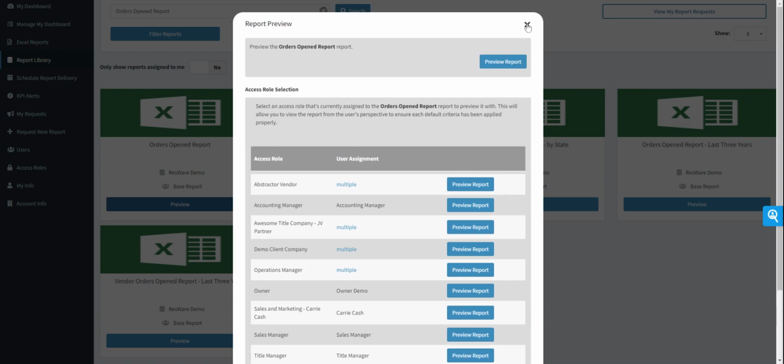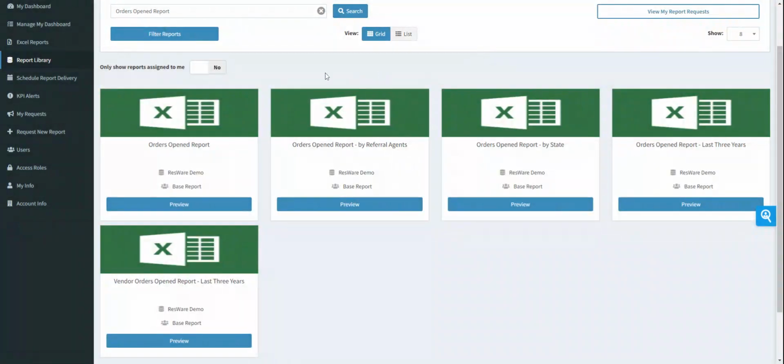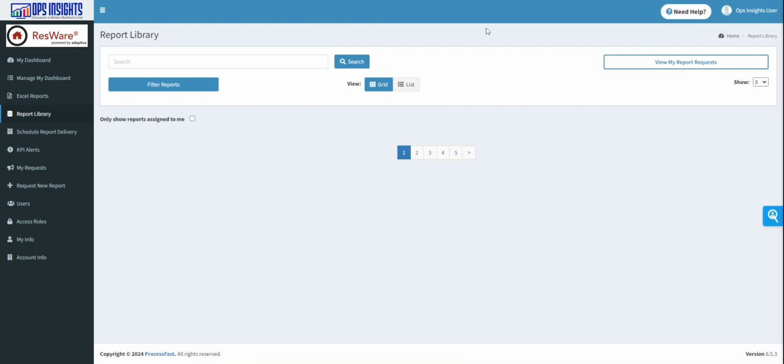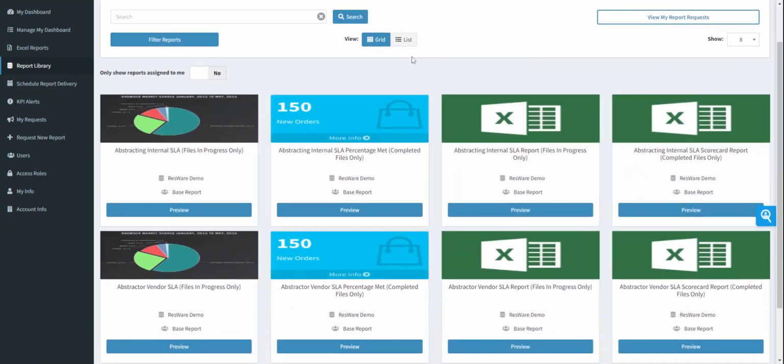Now, we do have other videos that will actually show you how to replicate a user's entire dashboard as well on our client documentation site. So check that out as well if that's something you're interested in. And one last thing before we wrap up here, I do want to show you